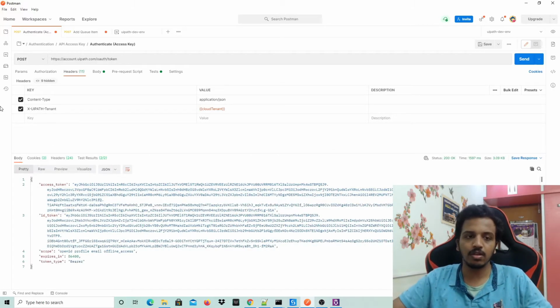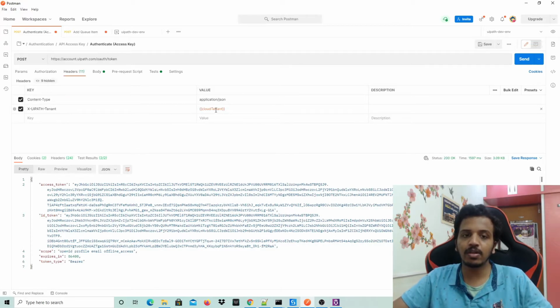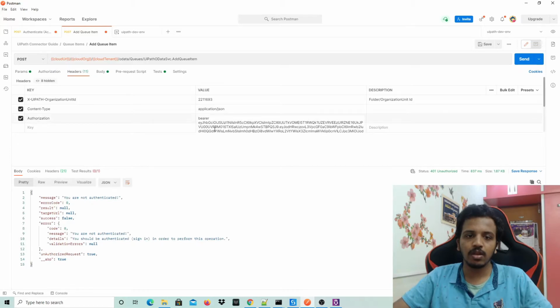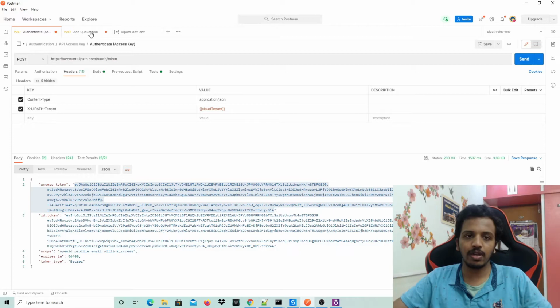Basically provide everything. So this is the header, and this is the body we have seen. This is the header we also need to pass with the proper client tenant value. Now copy this, without double quotes, and copy it properly, of course. So from A to E, yes, copied. Add queue items, and in this I'm going to update my token value, because initially I did not provide the proper cloud tenant.